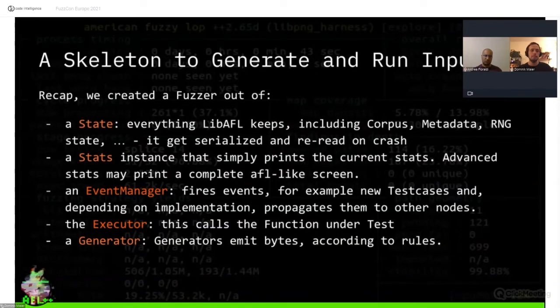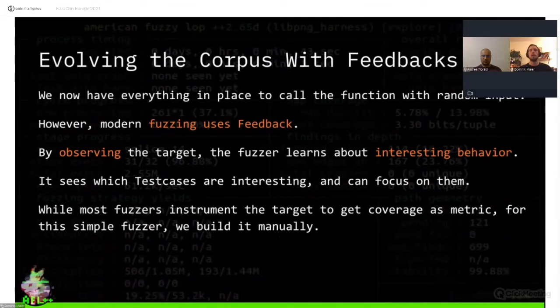Yeah, so what we did so far, we created a state. We are able to print stats. We created a simple event manager and an executor, and we generated some inputs. Right, this is already kind of fuzzing, but it's basically piping /dev/urandom to the target. It's not super interesting. Modern fuzzers use feedback. So a modern fuzzer usually observes the target and learns if there's something interesting going on in the target. And then that way it can see that one of the inputs is more interesting and it can focus on